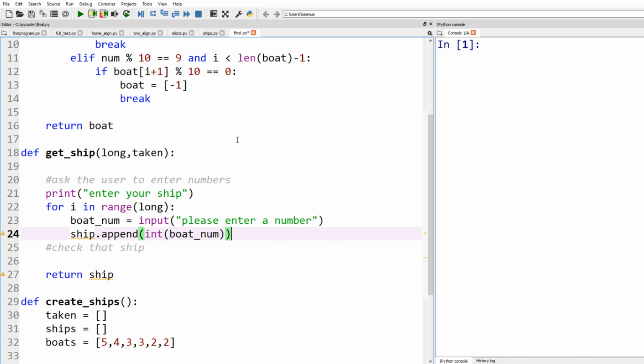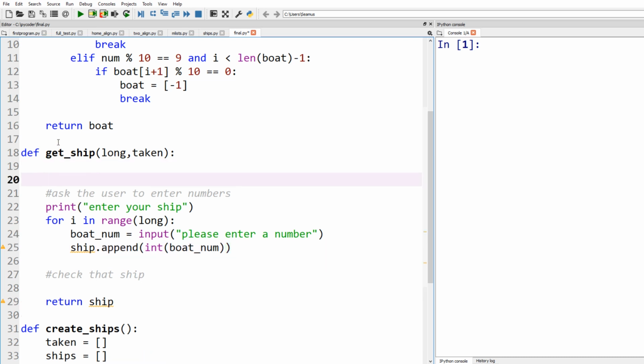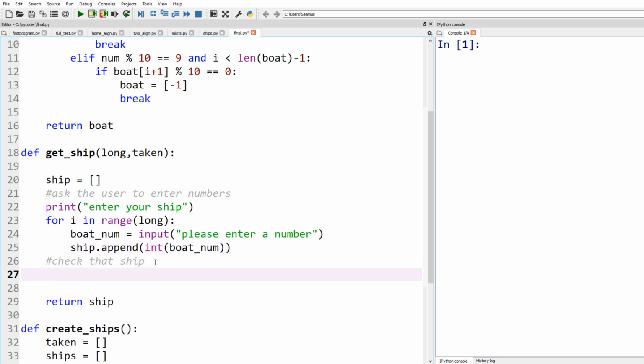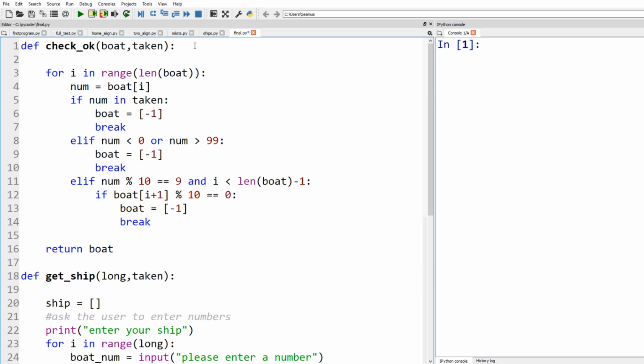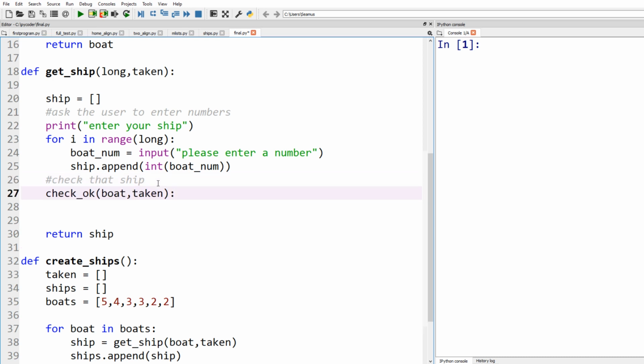So once that's given us the ship, we're going to say ship equals, so that's going to be empty. Now you can see we need to check that ship. So we had check OK, boat and taken. So we can say check OK, boat and taken, except we're going to call it ship. And that's going to return the ship